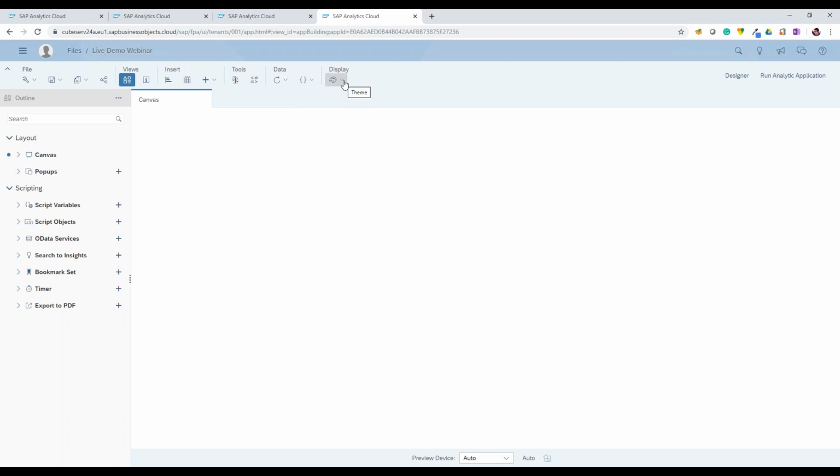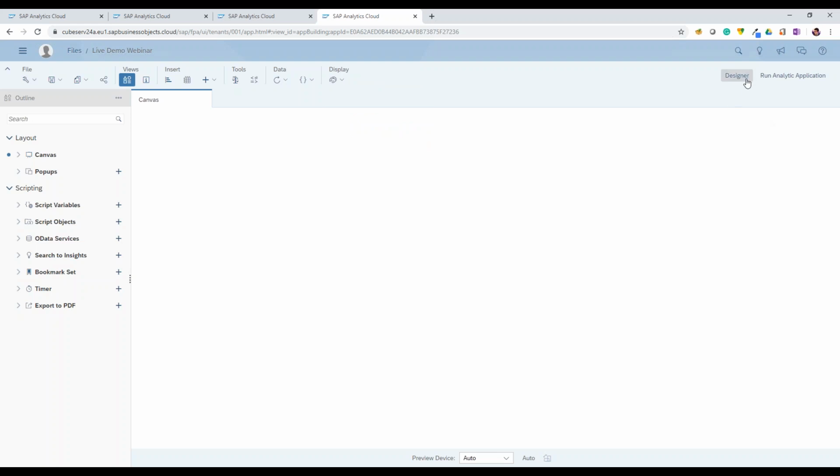Then we come to the display option, where we have the possibility to set or change the theme of an application. This is also something that was previously done in Lumira over CSS, but SAP has then come up with a solution called theming for the same thing.